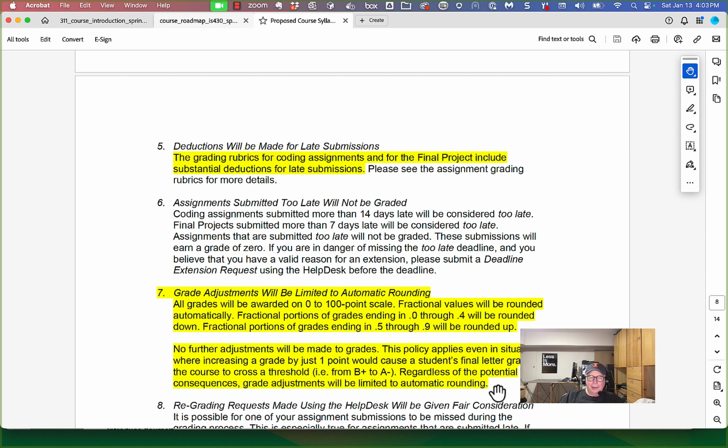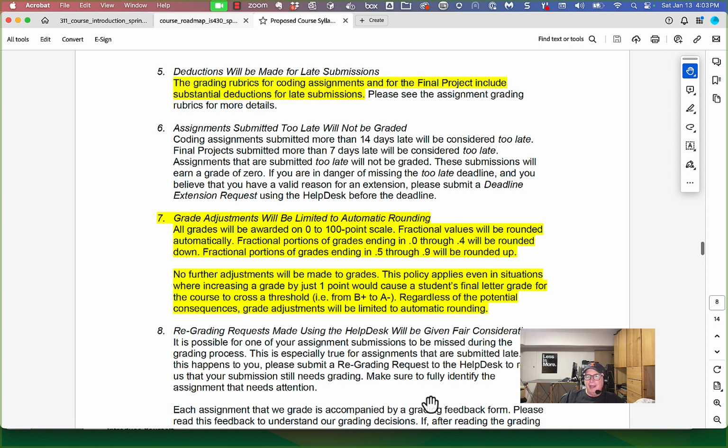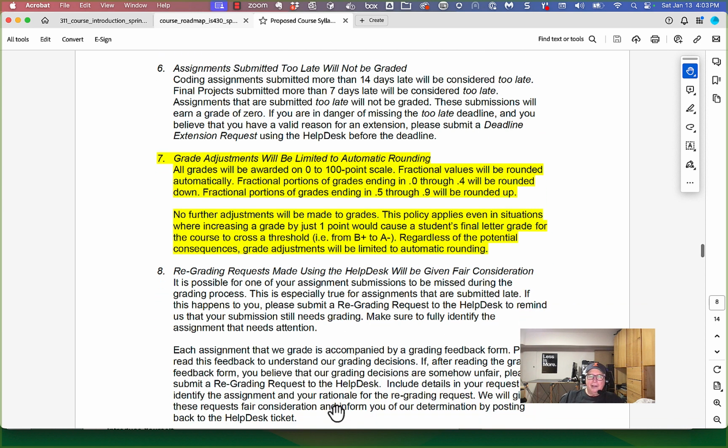Now, we do have a way, if you do get a grade on an assignment and you think that we missed your work, like, did they really look at that? Because I think I had everything there. You can make a request for regrading by opening a ticket on the help desk. And so we'll look at things. But the rationale of, if you can give me 2 more points, I'll get an A,